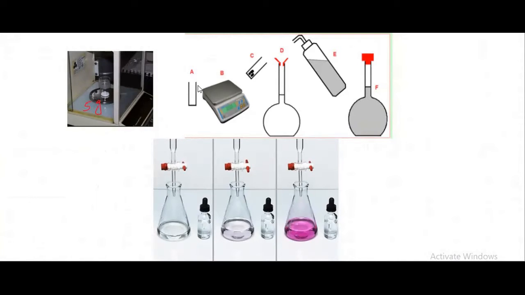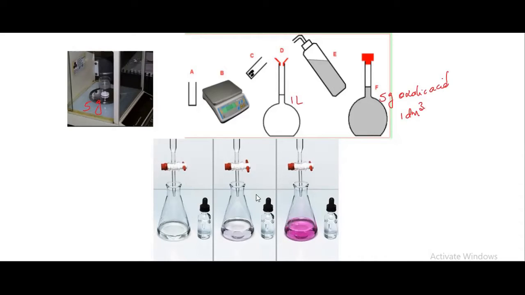So this is the weighing bottle. Using a weighing balance, it is weighed and carefully transferred into a 1 liter standard flask. Then it is made up to the mark. So here we are having 5 gram oxalic acid or ethane dioic acid, dissolved in water and made up to 1 dm cube.